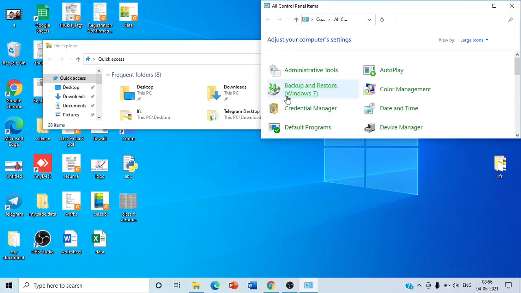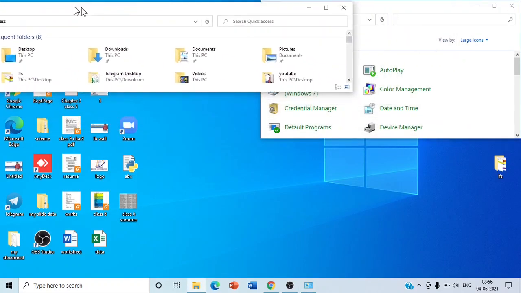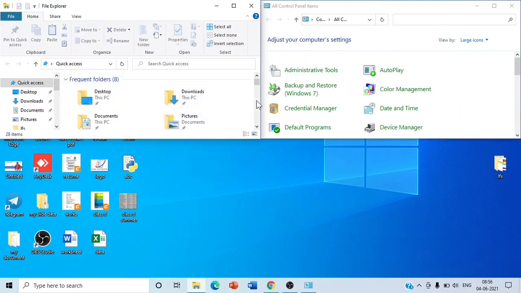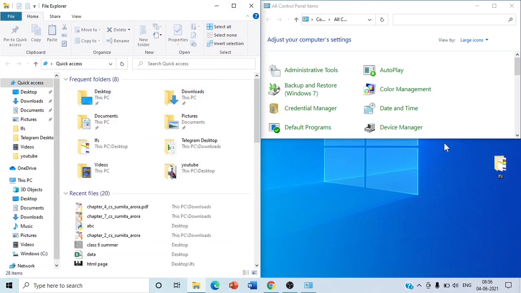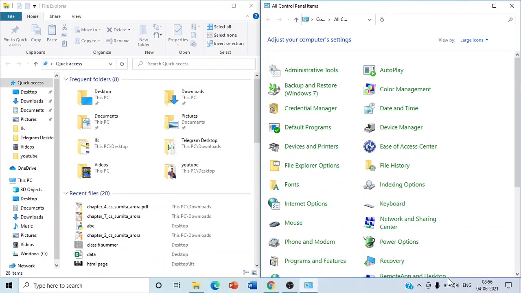Same as it is here, you will see that your window has been adjusted in the 50/50 option. This feature is known as Aero Snap.